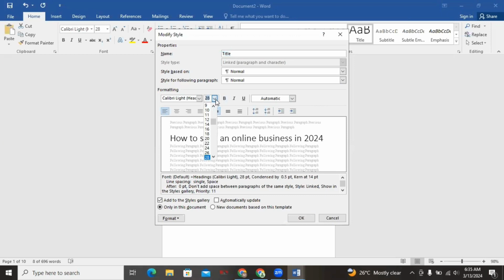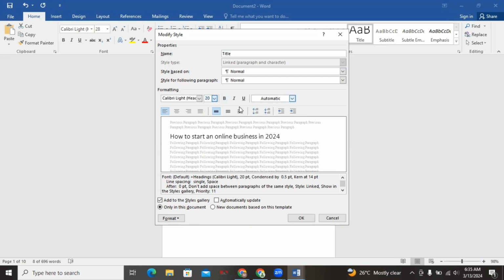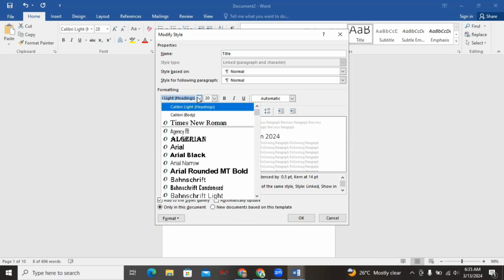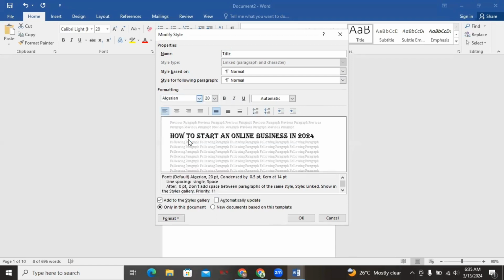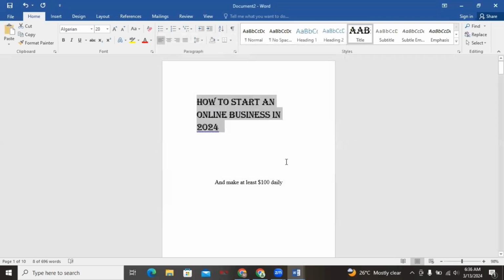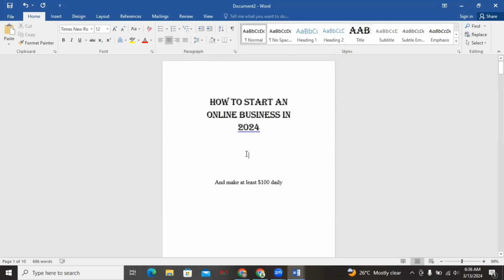So I'll change the size, and then I can also decide to give it an underline, but I don't want to do that. I can also change the style as well. So let's say I want to give it this Algerian. All right. So I'll click on OK, and let's see what we have. Then I'll centralize it. All right. Then for this subheading,